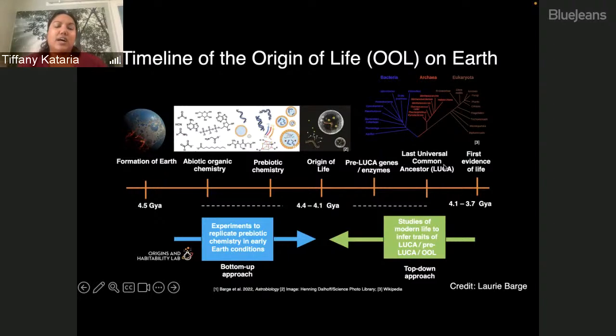And so LUCA here is just what we know of with regards to our understanding of life, but there could have been pre-LUCA genes or enzymes that may look different from what LUCA exists today. And so there could have been many pathways by which life could have formed, but this is just the path that Earth took. And so in the sense of how life might emerge on another planet, we can think about potential other LUCA, pre-LUCA pathways.